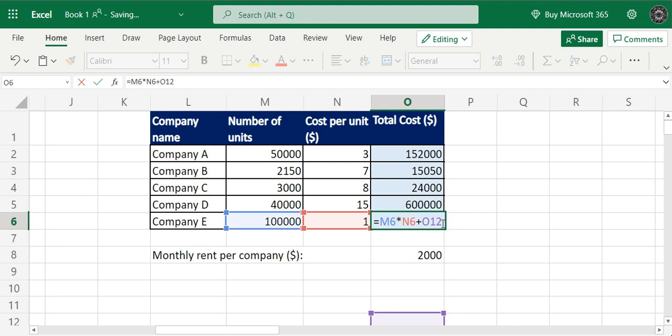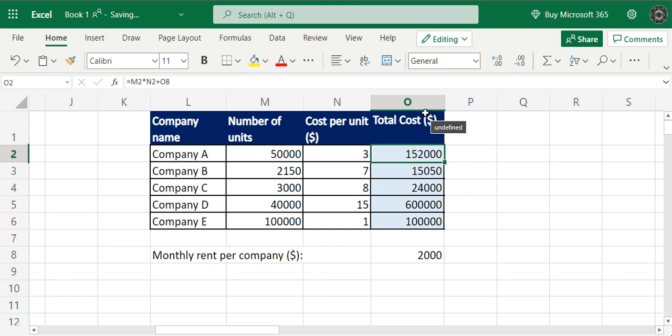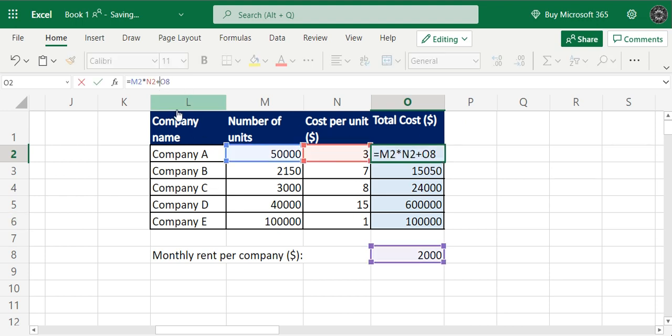How to fix this? We are not getting the correct value. We are not getting the total cost in the correct way. So we are going to fix this by using the dollar symbol. This is how we fix the cell references. So over here we are going to fix the column as well as the row. So use the dollar symbol